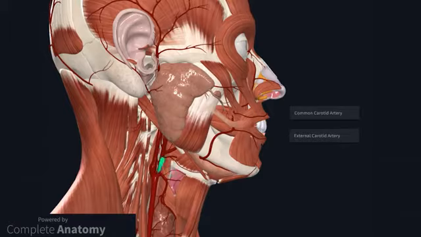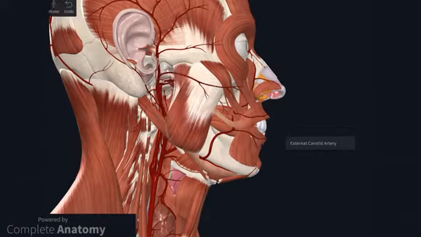cartilage. The vessel ascends, then passes backwards slightly to continue to ascend between the mastoid process of the temporal bone and the angle of the mandible. As you can see, the external carotid artery then continues to ascend within the substance of the parotid gland. So I will remove the gland and the ramus of the mandible to follow the last part of its course. The external carotid artery then divides into its terminal branches within the parotid gland at the level of the neck